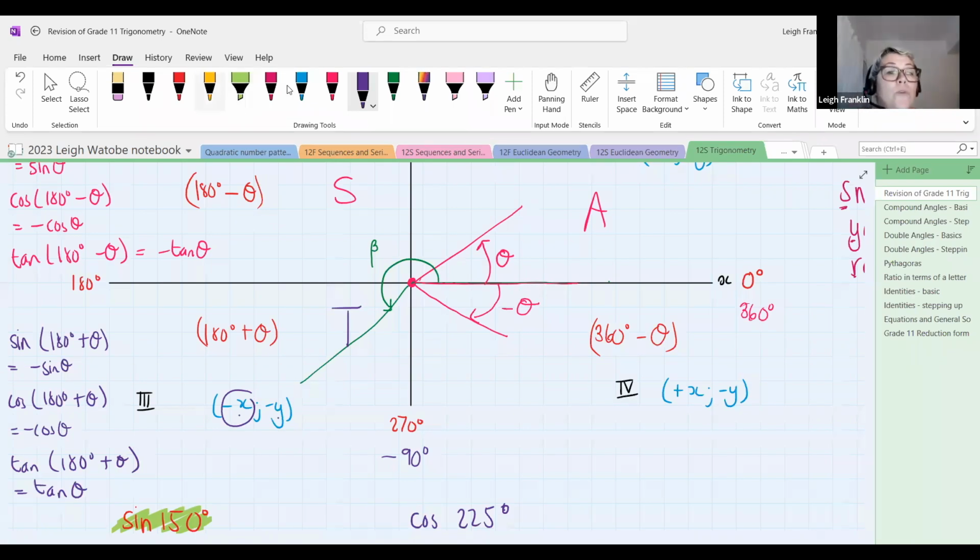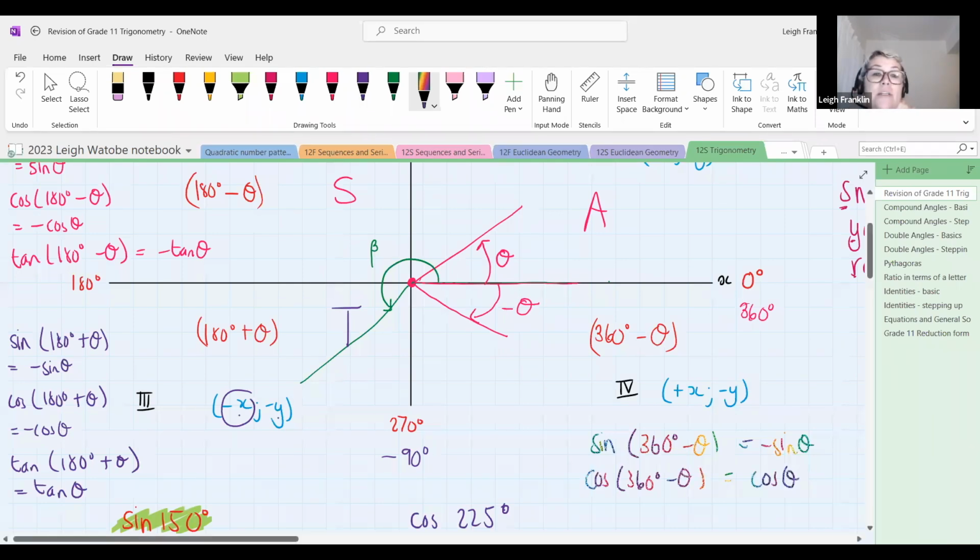Okay, and then the last one would be 360 minus. So if we were talking about the sine of 360 minus theta, that would reduce to negative sine theta because y is negative in the fourth quadrant. If we're talking about cos 360 minus theta, it's going to reduce to positive cos theta because x is positive in the fourth quadrant. And tan 360 minus theta would reduce to negative tan theta, because y is negative in the fourth quadrant. So absolutely, this is what